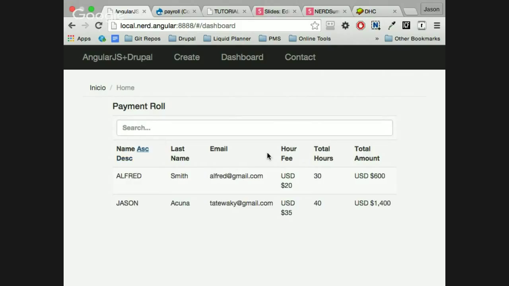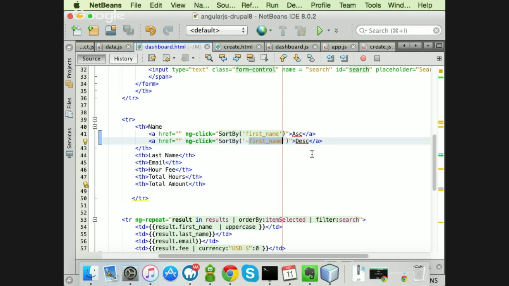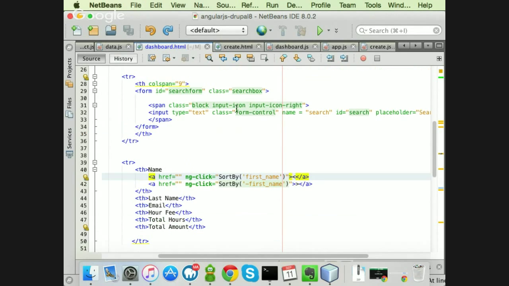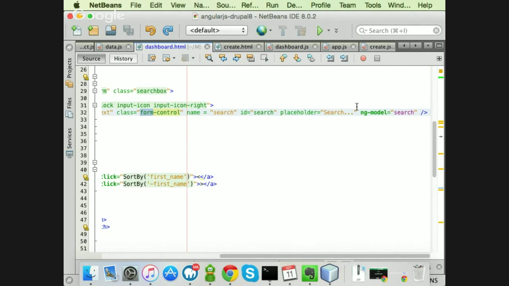We can do that with the same directive, same instruction on every single field. On the other hand, I'm going to just put it back. We have the search input where we have the directive search. Only by doing this, I have a search.